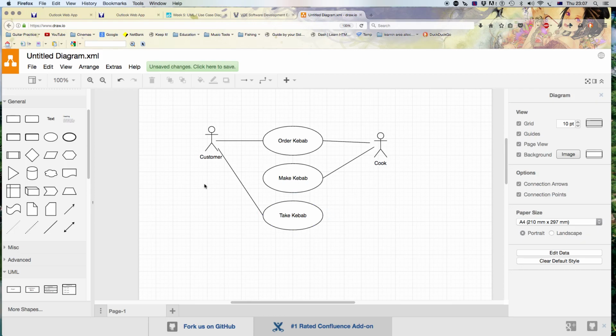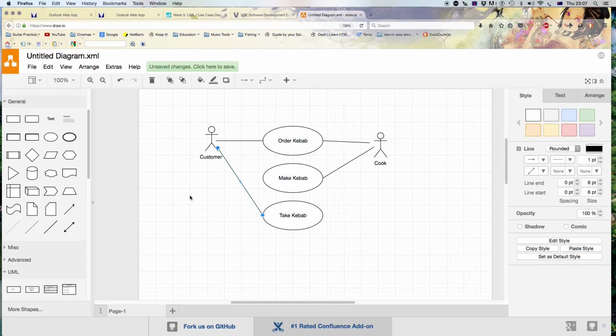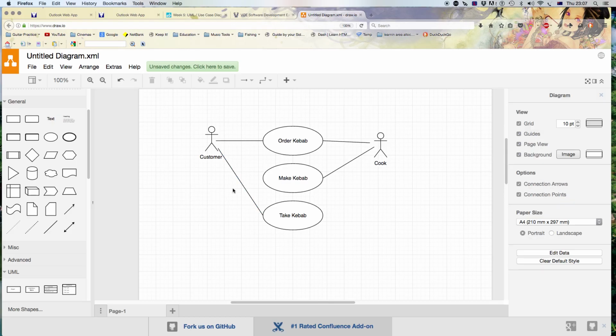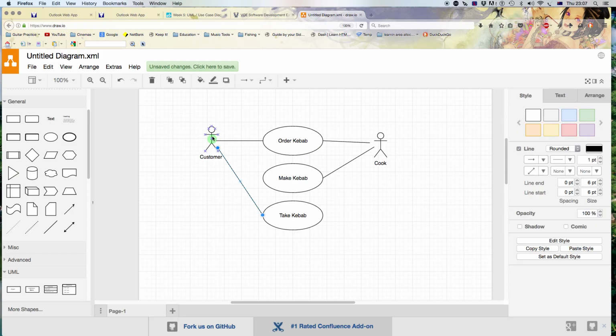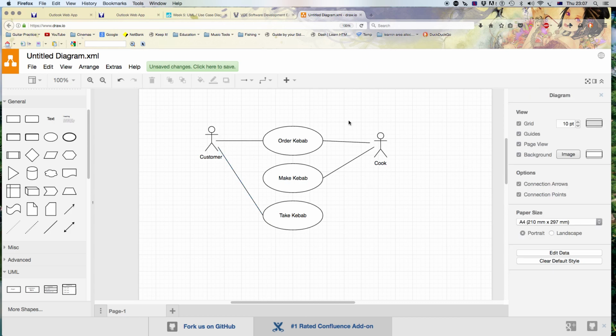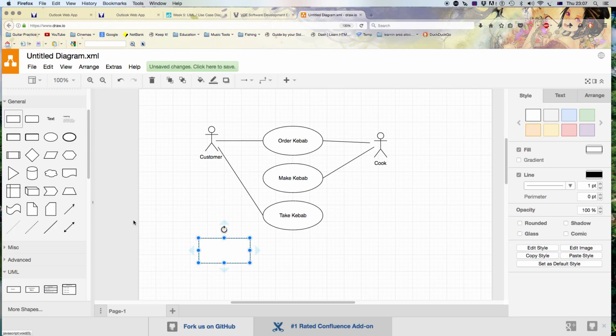Quite simple. I just wanted to give you a bit of a heads up about how to use unified modelling language. Now, what we also need to do is remember we need to create a system boundary. So I can just grab a rectangle here. Now, I will then drag that rectangle